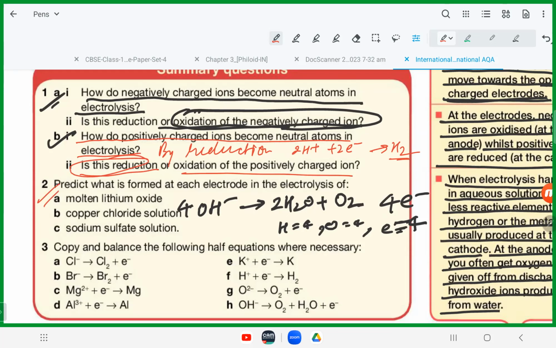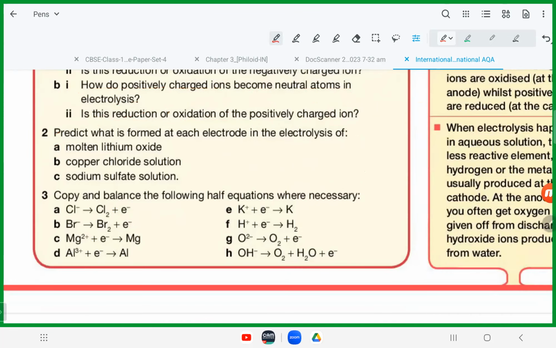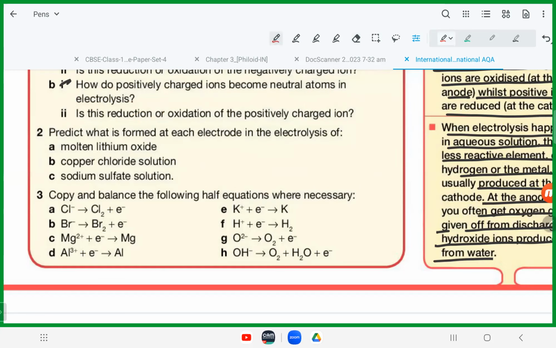Can you read question number 2? What is formed at each electrode in the electrolysis of molten lithium oxide? So lithium would be at the cathode,